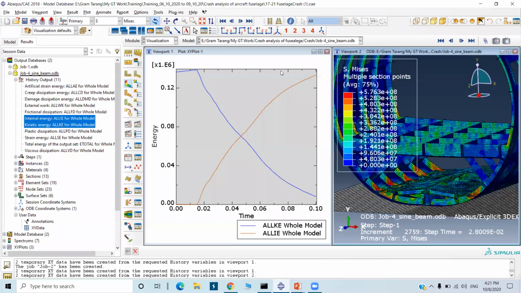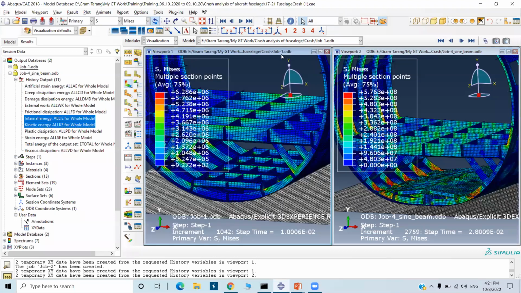Now we will move to the next problem. Before starting the bird strike problem, I will go for the question and answer session. If you have any query regarding this, you can ask me. Is there any query from the student side?